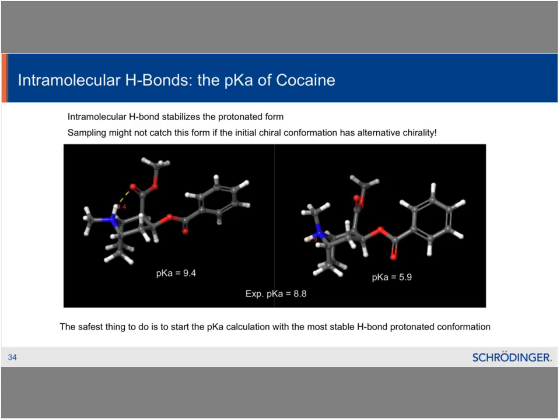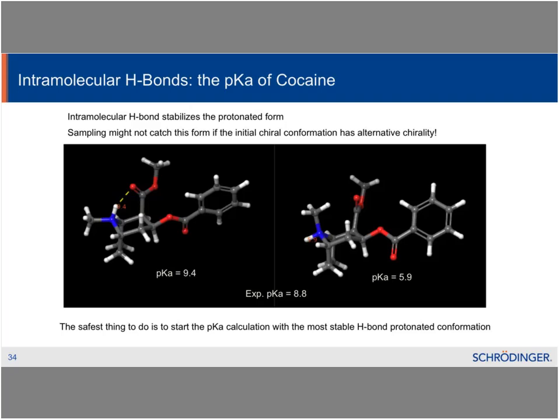So it's not going to create the alternative form. So if you start with that one, the bad one that is not stabilized by the hydrogen bond, then no matter what sampling you do, because you normally don't let your molecular mechanics program invert stereo configurations, you will not find this hydrogen bond. So this is a weird example, but here you need to be careful. And the best thing to do here is start with the protonation form that has this hydrogen bond, which stabilizes